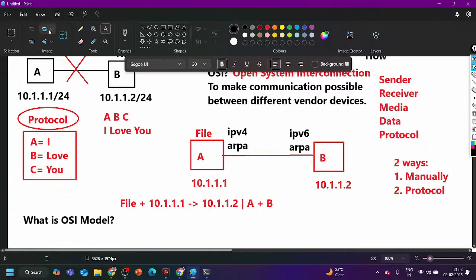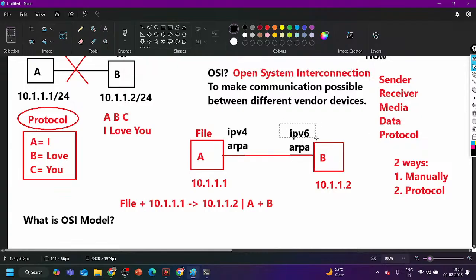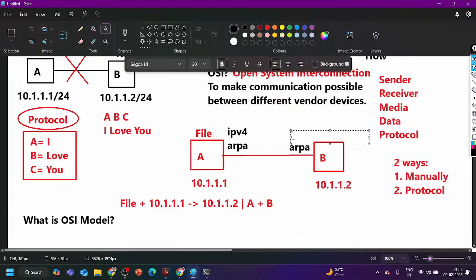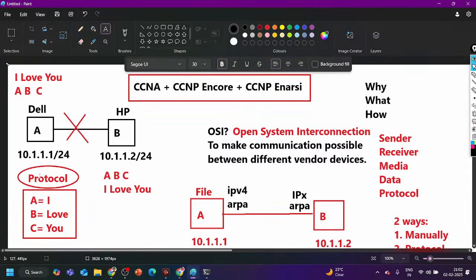Here if I have a different protocol for IP addresses, at layer 3 my encapsulation protocol is different, let's say IPX, can these two devices communicate then? No. That was the issue earlier, right? But nowadays the encryption algorithm, hashing algorithm, protocols, everything is